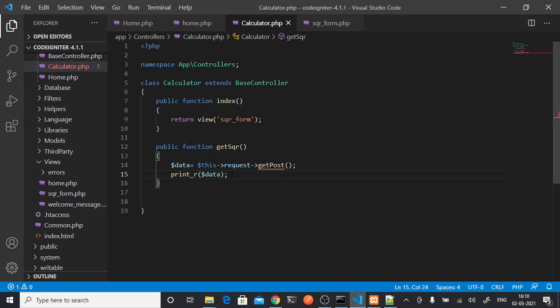So now I can calculate this, correct? So let's say in square, $data sqr only, I will keep my result. Num star num.